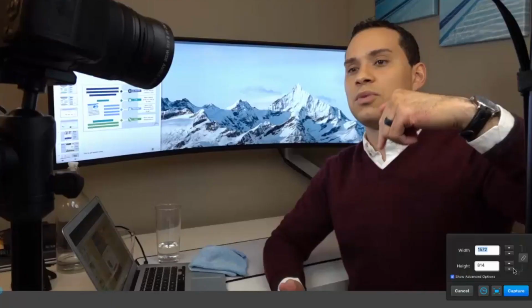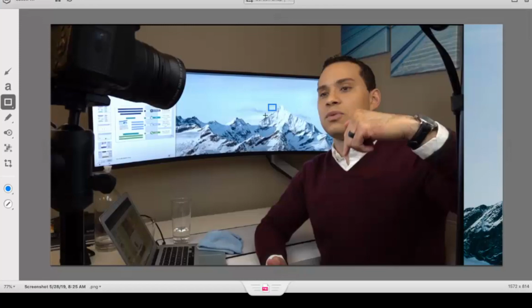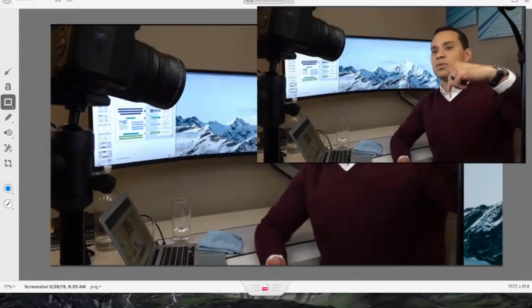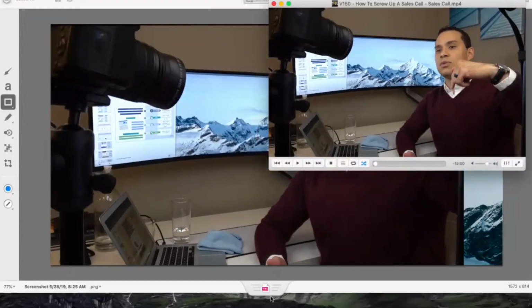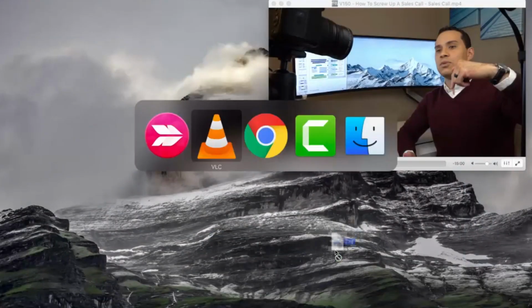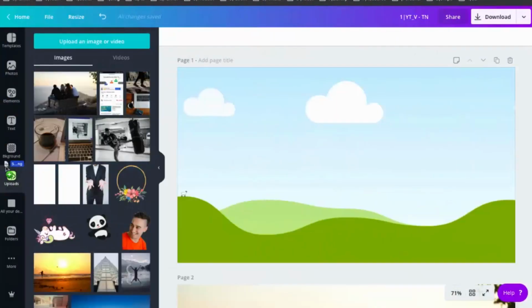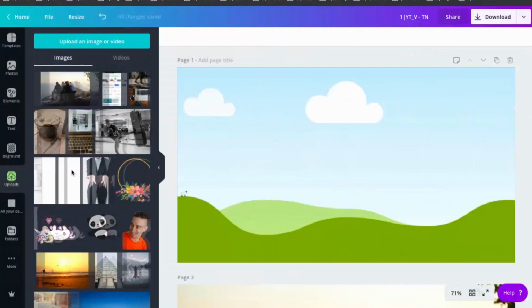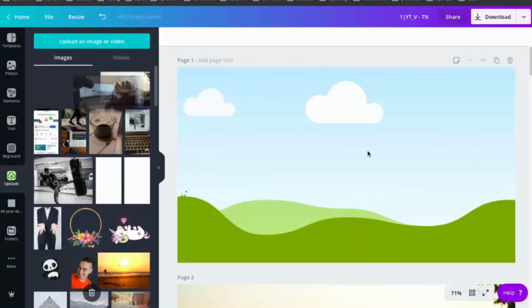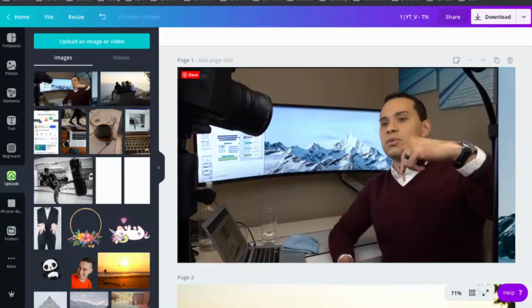Windows has one that is built in, and we'll go ahead and click and drag, close enough. Go ahead and capture. Of course, since I'm using a MacBook Air for this, the dimensions aren't going to be perfect, but that's okay. And then we can go ahead and drag this over to Canva and upload it. So we'll go ahead and give it a second to upload. And now that it's uploaded, all we have to do is click and drag, and it will automatically be resized.